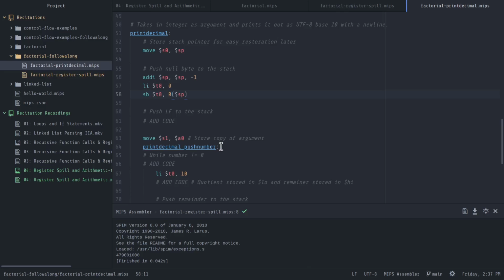And then that will be used to tell the print system call to stop printing stuff out, so it won't print out whatever garbage is on the stack after this, right? Okay, cool. And then what we're going to do is push a line ending to the stack as well. So it's not just enough to push the null byte, it needs to have a line ending as